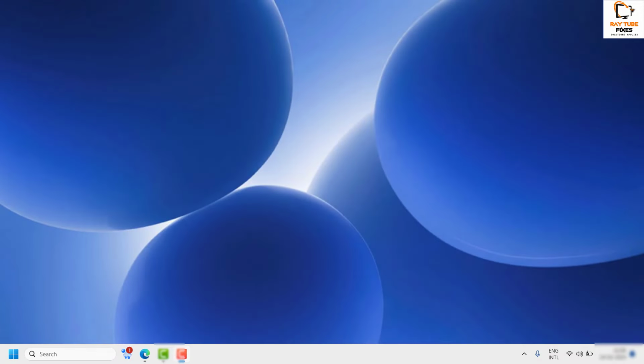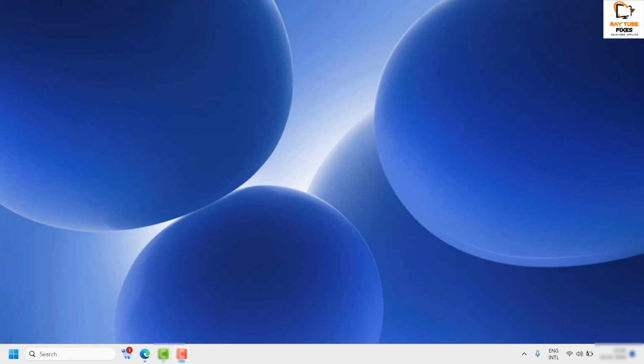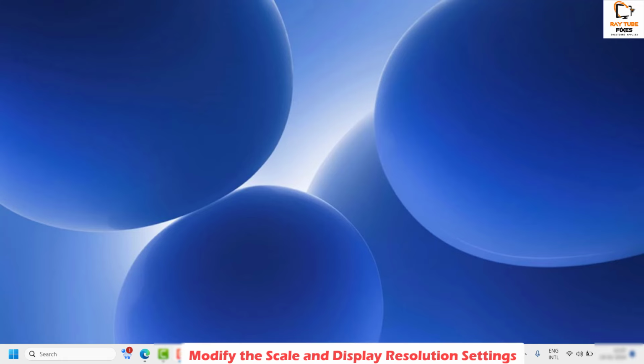In this video, I'm going to talk about how to fix if your display is too zoomed in on your Windows 11 or your previous version of Windows. Now, you can go ahead and try a couple of steps to get this issue resolved. The first thing I would suggest you do is to modify the scale and display resolution settings